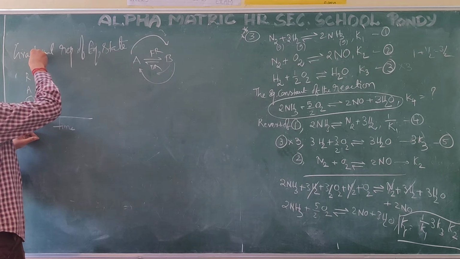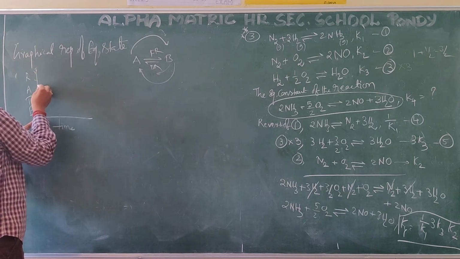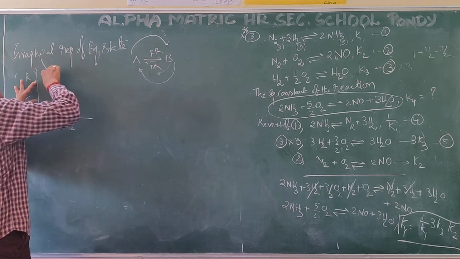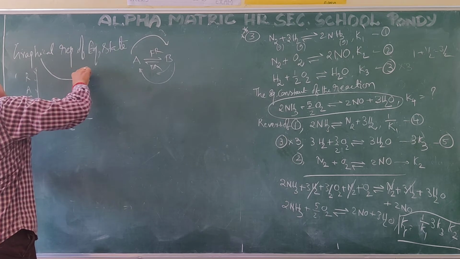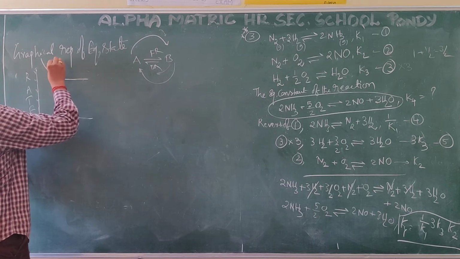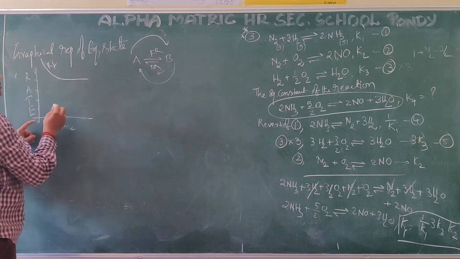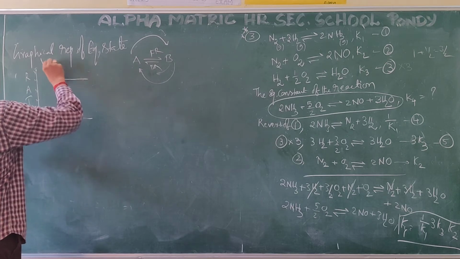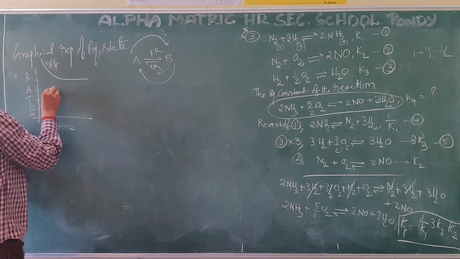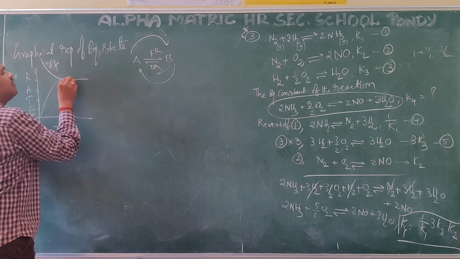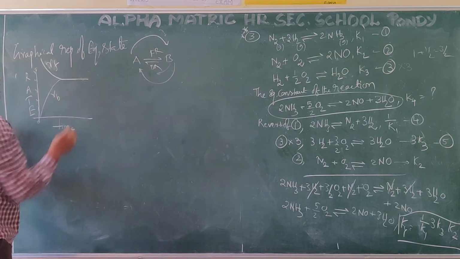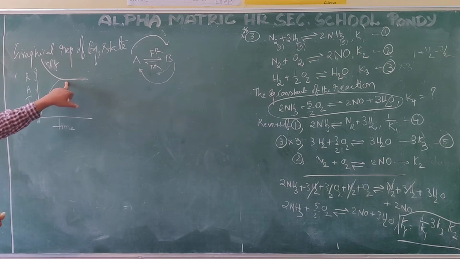Rate of forward reaction is more. It is coming and stopping somewhere. Where? At 4, for example. So it is coming and occupying like this, and it is maintaining a constant value of rate. And here the backward reaction, no, this is for forward reaction. This is for what? Rate of backward reaction. Initially 0, slowly increases, and it will also be equal to the forward reaction. So at that time the graph will be like this.